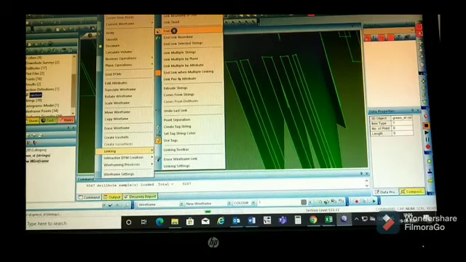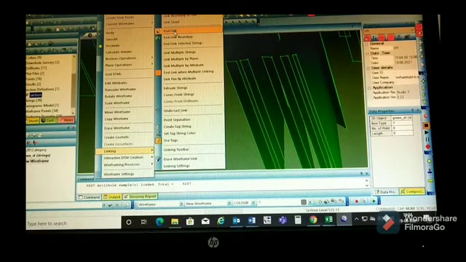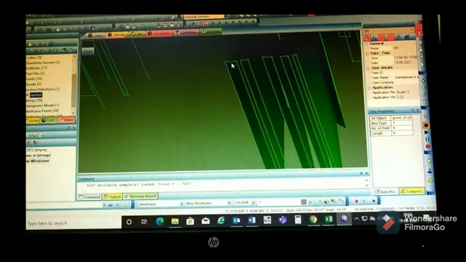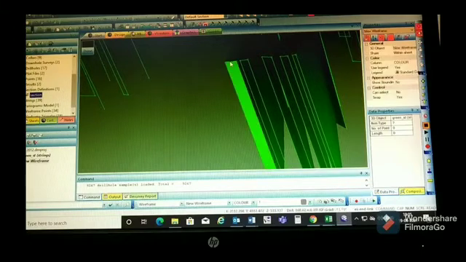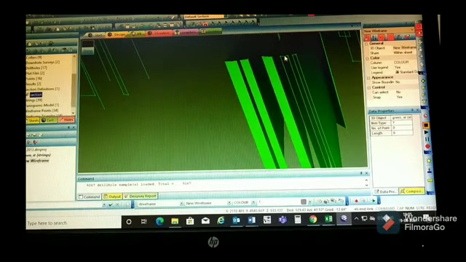Here we can see the command is end link. Then click at the point which we want to close, like this. Like this. So the command is end link.